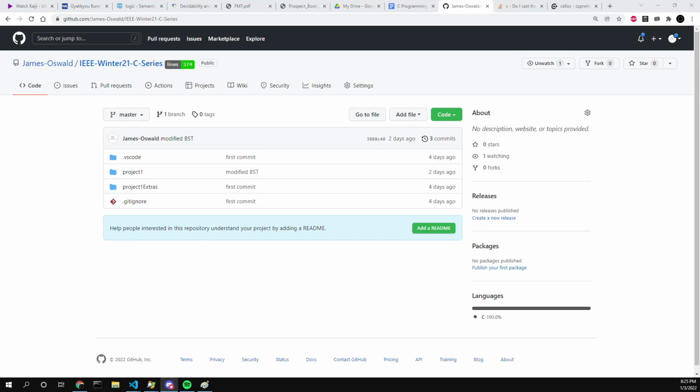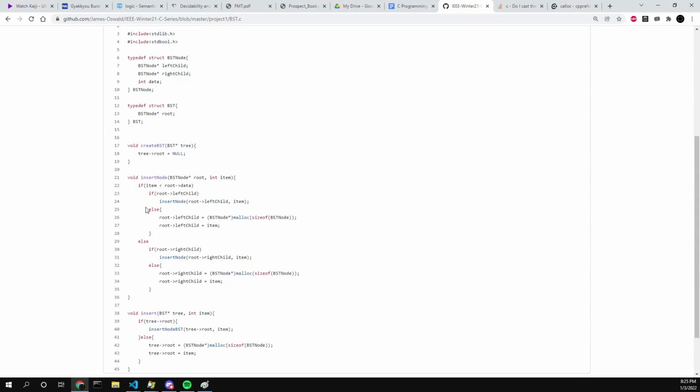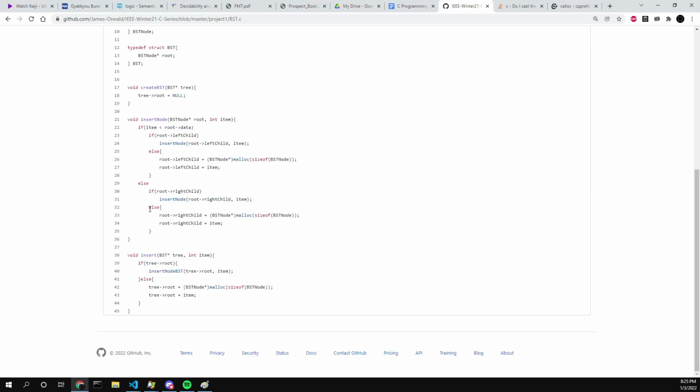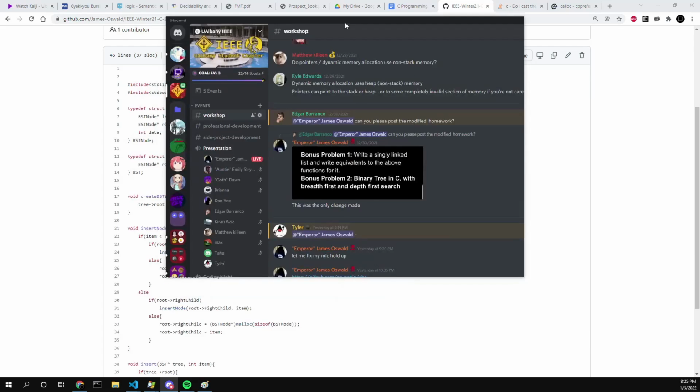So I have project 1s and project 1 extras. I should have deleted the BST. I didn't actually do the BST. I was too lazy. I got started on it. I got the insert node method, and then I was like, you know what? I don't even want to do it, because I don't think I really specified how to do the BST well enough. If you look at what I was saying to do, effectively, the issue was that I said,